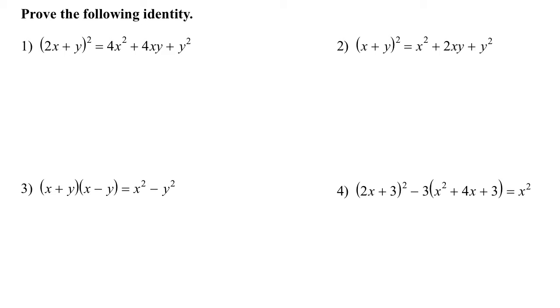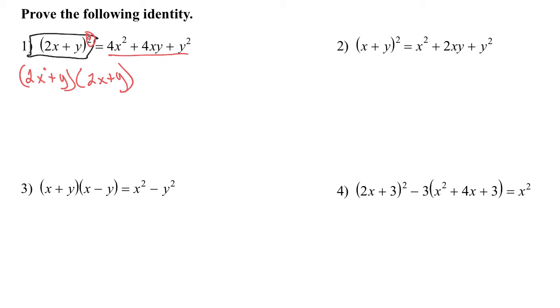The first section here says prove the following identity. To do that, you need to just make the one side equal the other side. And it's going to be easier in my mind to multiply this side to make it equal the other side. So remember, whenever you square something, you write it out twice and multiply it with itself. And then you just distribute and combine like terms, and then if it becomes the other side, then it's a